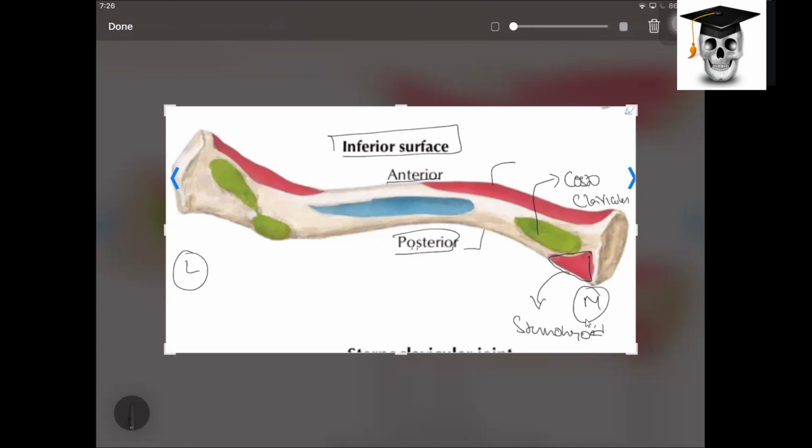Now come to the inferior surface on the lateral side, you see this one. That is the insertion of the subclavius muscle. Now come to the lateral end. Lateral end, this is your anterior part. So this one is again your deltoid only, what we are seeing from the inferior aspect. Now you see, this is the conoid part, and this is the trapezoid part of which ligament? Coracoclavicular ligament. All okay?